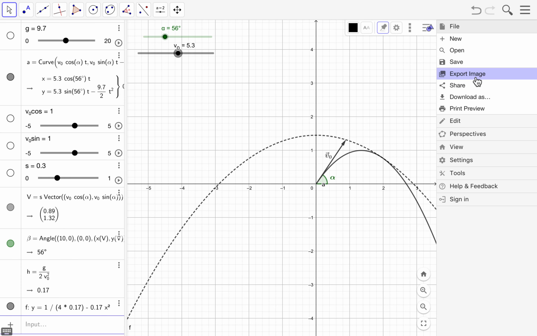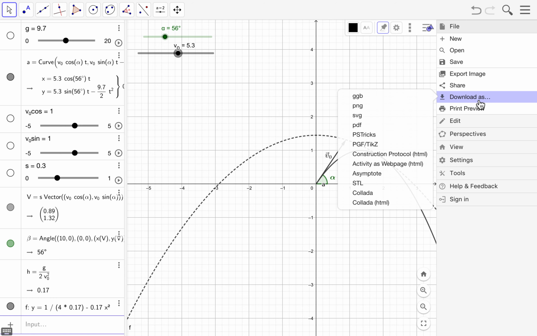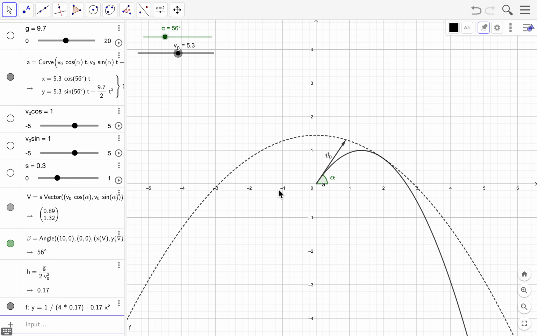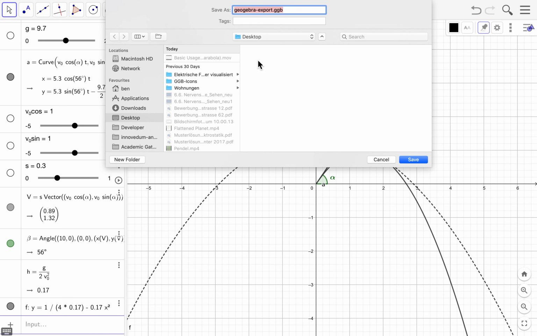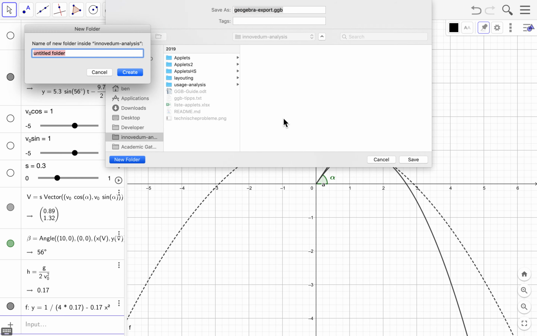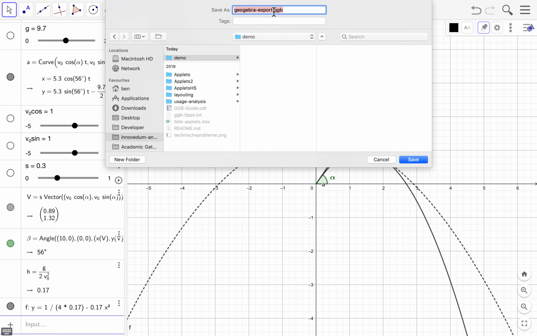But to save it actually to disk, we go into download as a GGB file. This saving dialog, you can just ignore it because the actual save dialog will appear here. And yeah, we can save it wherever we want, give it some name. Maybe open a new folder, say demo,